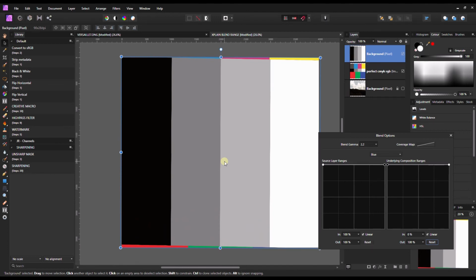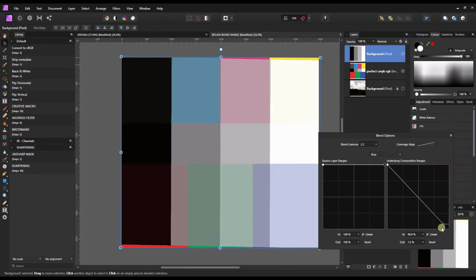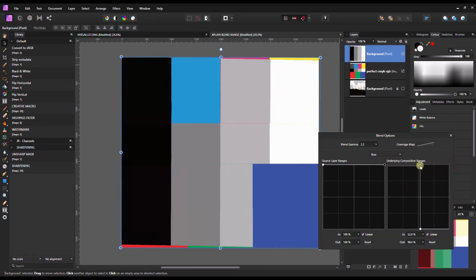It can be white balance, it can be exposure. And here you have your blue sky and the blue ocean that you want to protect, and you want to apply your effect everywhere else. You select blue and check this one out. I'm going to show you exactly what's happening right now. If you do that, you literally can see the blue. That means whatever effect is happening on everything else, it's protecting the blue channels.